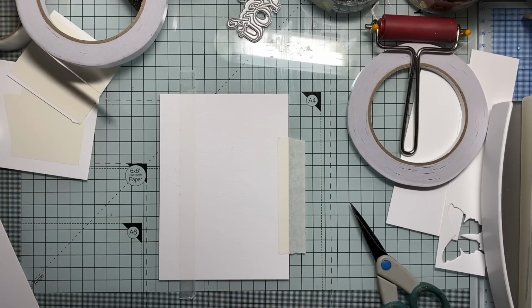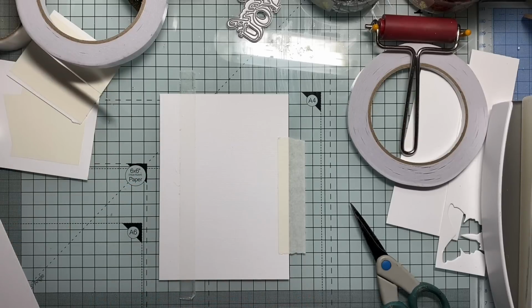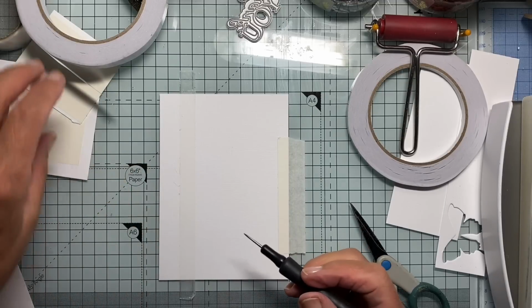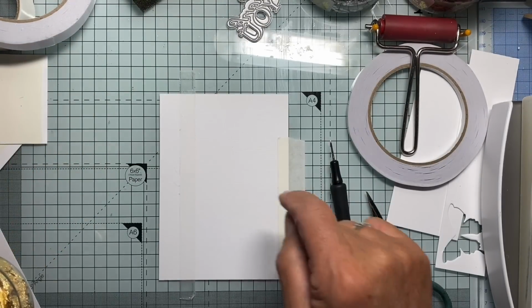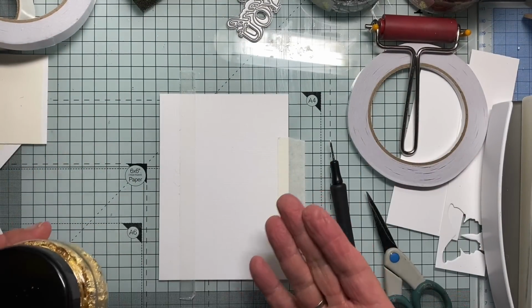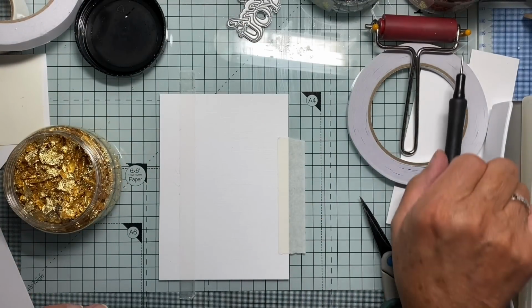Now this looks pretty good as far as coverage is concerned. I think when you're using a double-sided sheet, there's more chance that you might have a little gap where the adhesive hasn't gone onto the card. So I'm going to start with gold. And of course, because I've got this stuck down to my mat, I can't use a piece of paper underneath to put it back in. So I'm going to be fairly